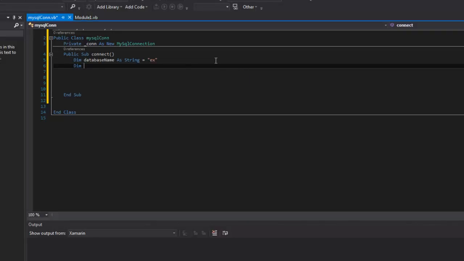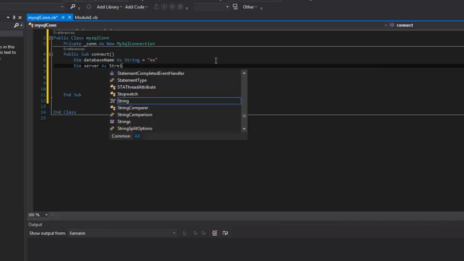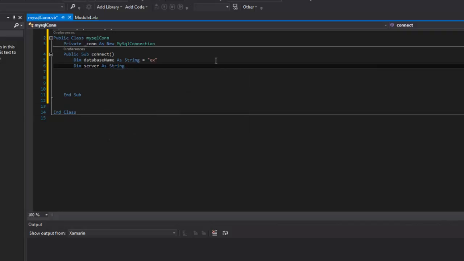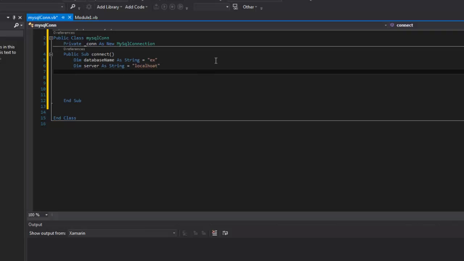And because we put this on our computer, all we have to do is put it as localhost. Every time you have a server on your system, normally it would be localhost, keeping everything default. So we have the localhost, and now we want to put our username. So I'll dim username as a string,